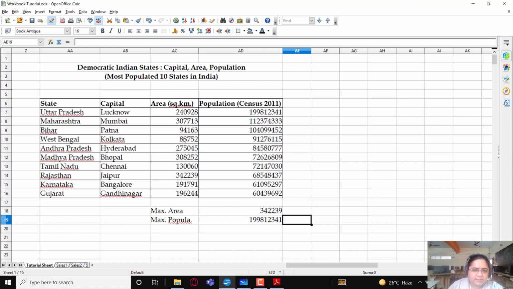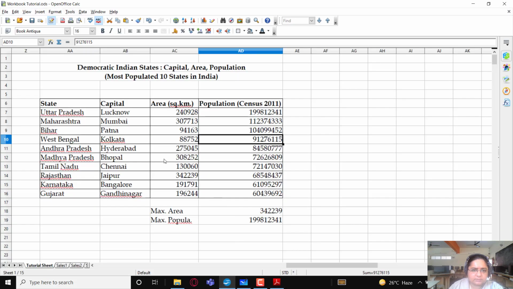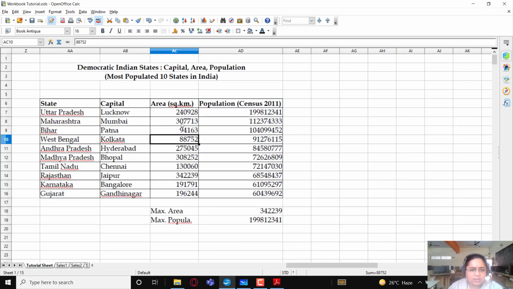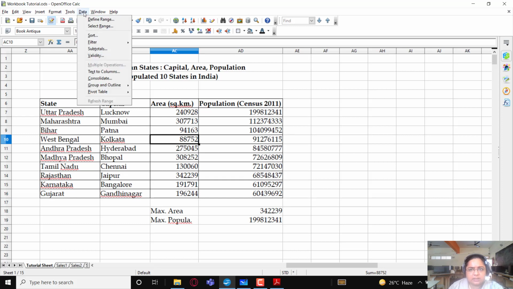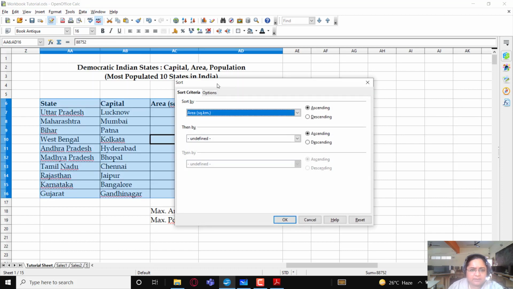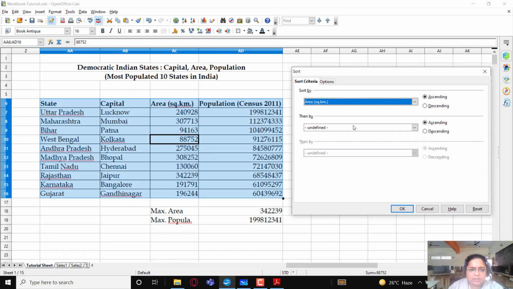Just place your cursor, that is, select any cell within this range. This is your complete range. Keep your cell activated within this range, and now we will go to the data menu, then to the sort option, and from here you can sort the data.